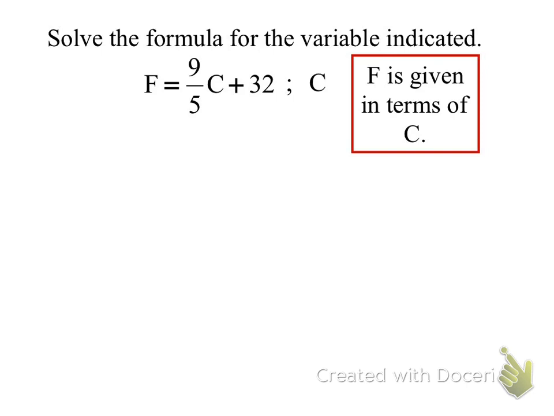Normally, yes, but then I've got that 32 to contend with now that there's a plus sign. It's not all A times B times C. We were able to get rid of the fraction because it was straight multiplication, but what you're seeing here is a plus sign. So what would I try, Julia? Would you subtract 32? Yep, it's just like a two-step equation. Subtract 32, subtract 32, and now we're left with